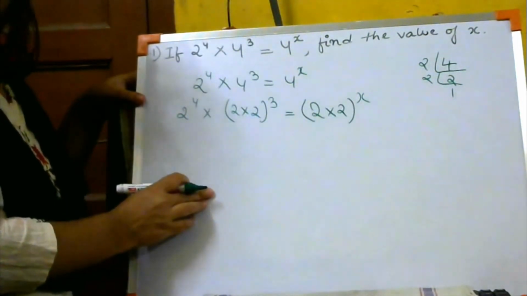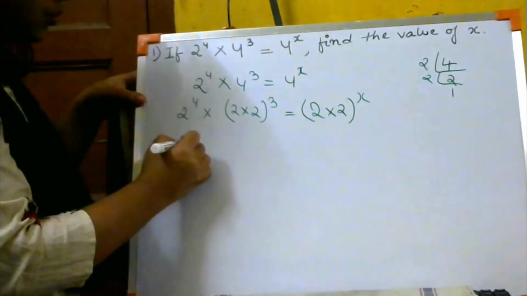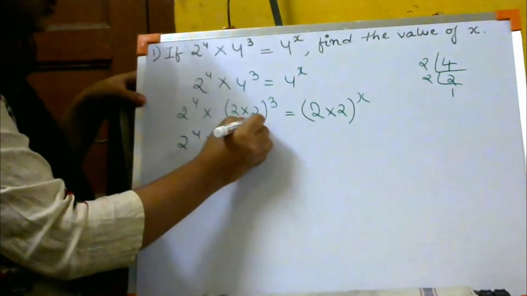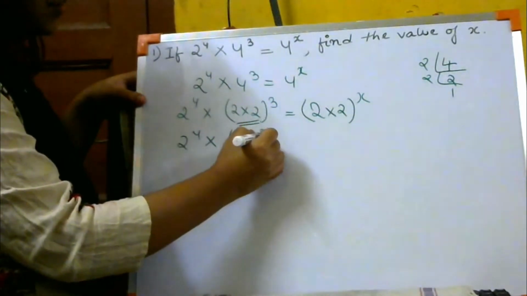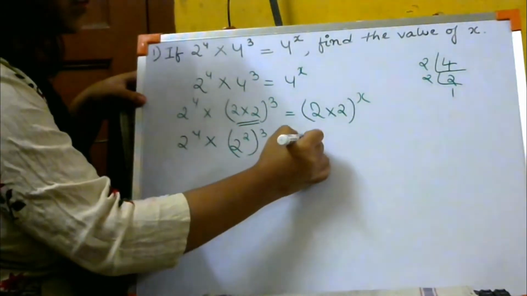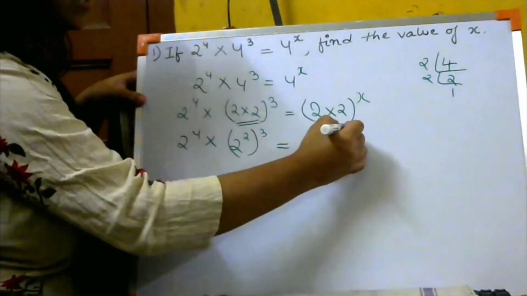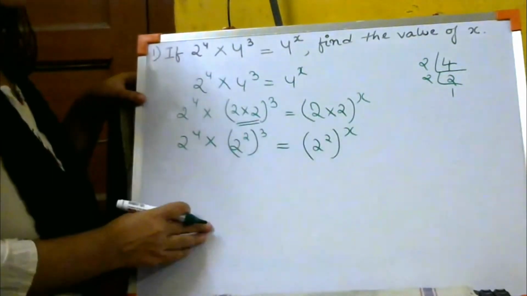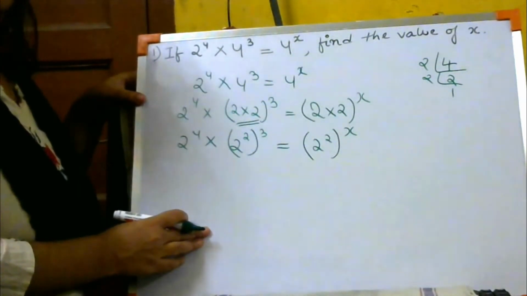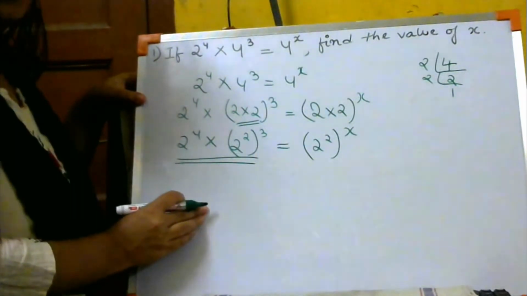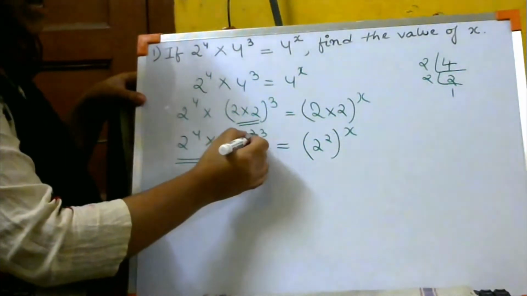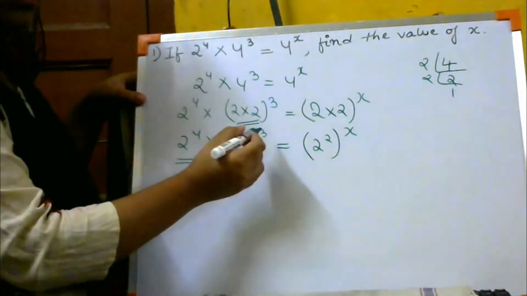ठीक है? So now how we are going to do it? So 2 to the power 4 into, we can write 2 into 2 as 2 to the power 2, ब्रैकेट के बाहर जैसे 3 था वैसे 3 रहने दो, इक्वल्स टू यहाँ पे भी 2 to the power 2, ब्रैकेट के बाहर जैसे x था वैसे x रहने दो. ठीक है, तो अभी हम लोग क्या करने वाले हैं? See over here, see this thing. How we are going to do? We are going to first open this bracket, isn't it? पहले ये ब्रैकेट को हम लोग ओपन करेंगे.